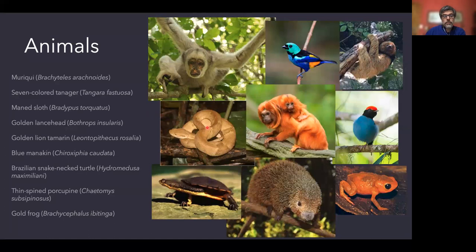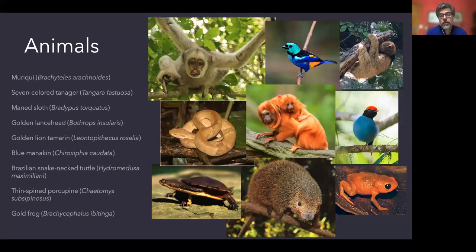This is the golden lancehead. This snake is endemic to this island off the coast of São Paulo. Only occurs there. Very, very interesting animal, and the island is full of them. Famous for that. Perhaps the most famous animal, or one of the most famous conservation stories for the Atlantic forest